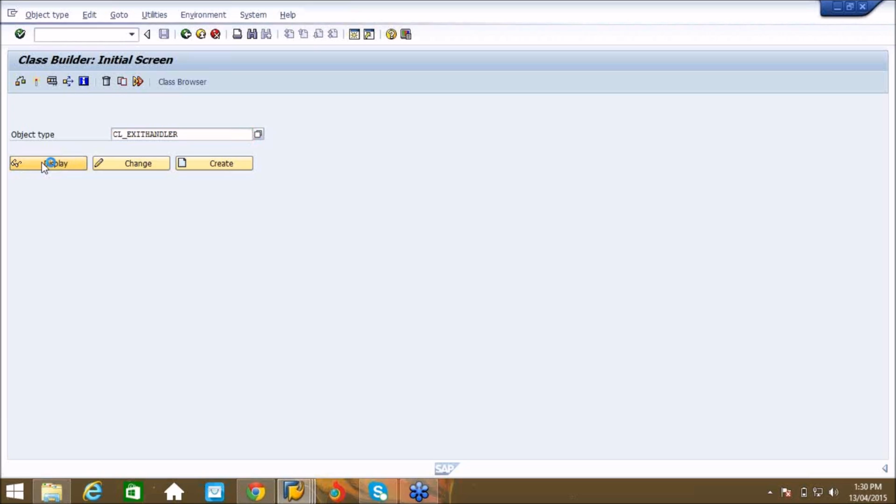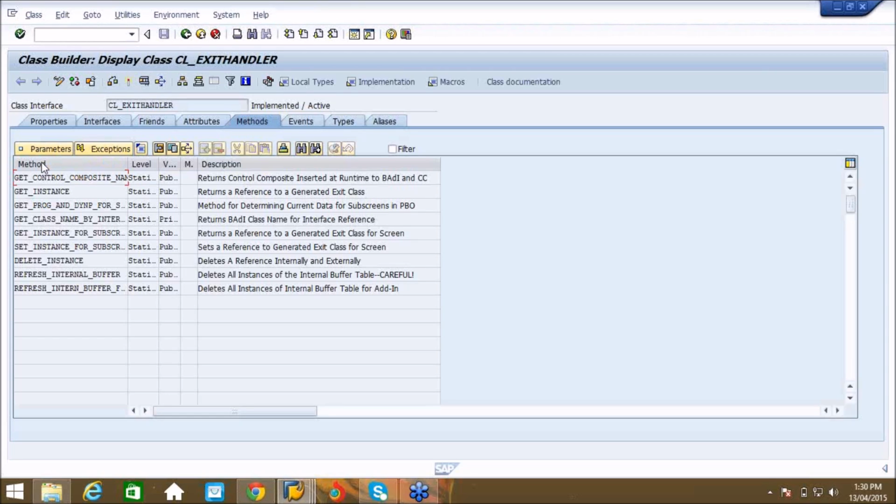Now I am showing you another way of finding out the BAdI definitions for any transaction. If you want to find out what are all the BAdI definitions for a particular transaction, first go into this CL_EXIT_HANDLER class, and inside this class there is a method called GET_INSTANCE.